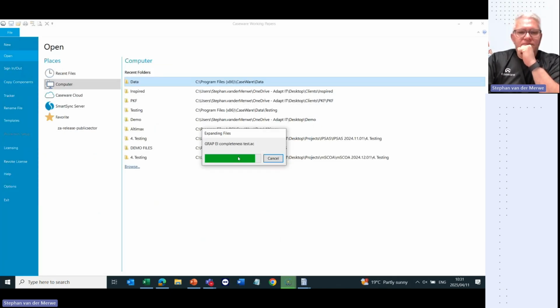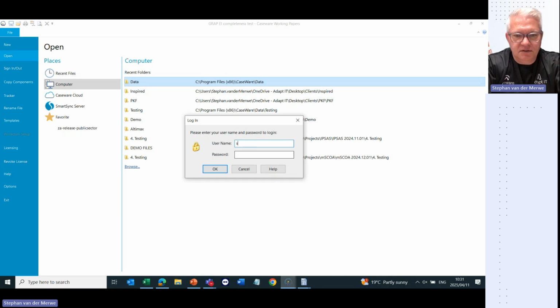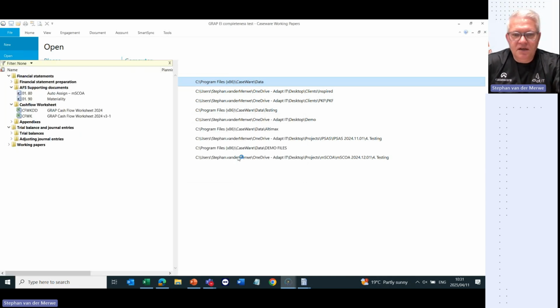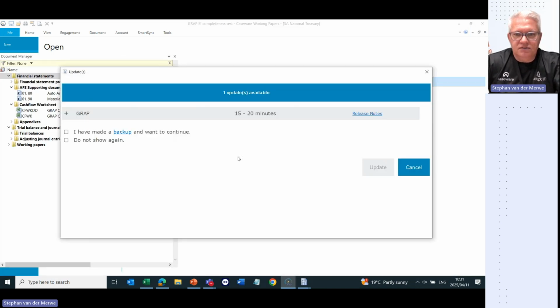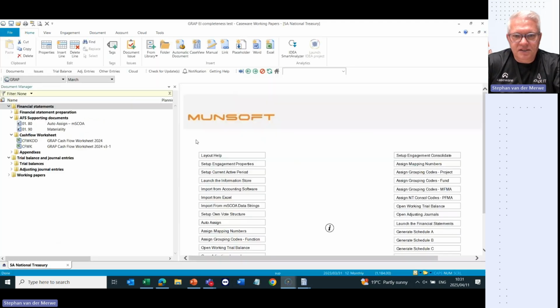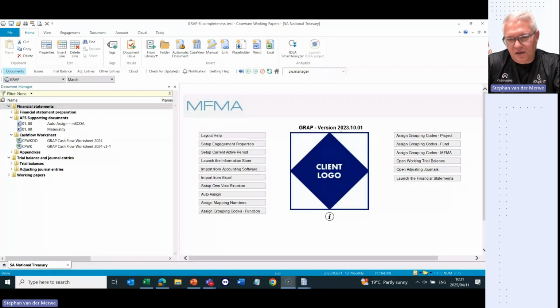And I'm now opening up a file that was created on a previous version of Caseware Working Papers. I'm logging into the file, and this would also mean that this file is on an older version of Caseware Working Papers. So I'm just going to cancel, and let's go out here, and you can see that this file, the version here, is on Caseware Working Papers